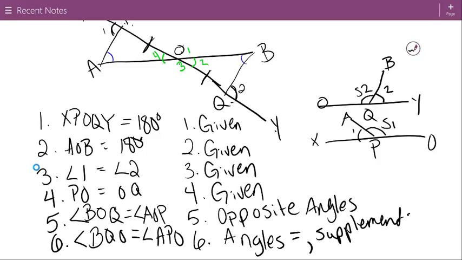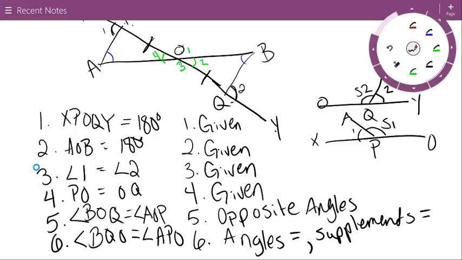Supplements equal. Okay, so again, just like you're going to be looking through your book, I am too. Get as much information into your head as you can. Okay, so now we know that we have